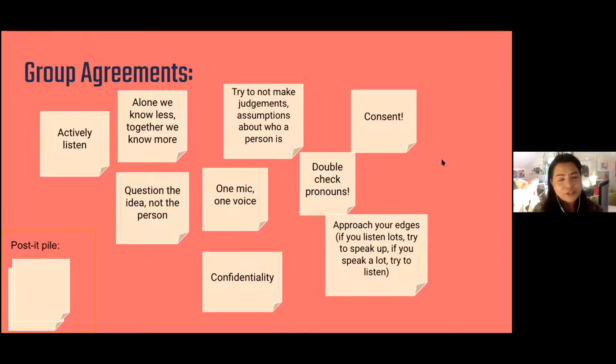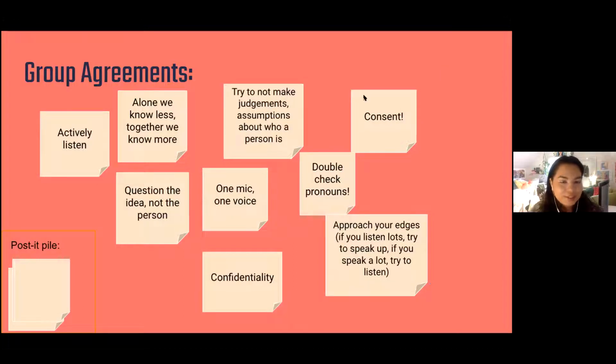I'm never going to ask you to turn your video on when you don't want your video on. That's completely up to you. Double checking pronouns. If someone has put their pronouns into their Zoom name, make sure you double check that before you refer to someone. And approach your edges. So if you listen lots, try to speak up. And if you speak a lot, try to listen.